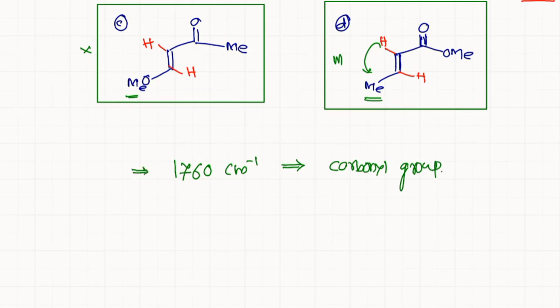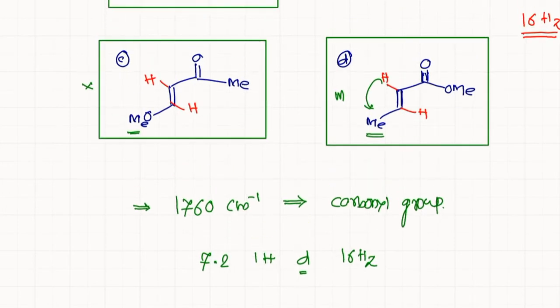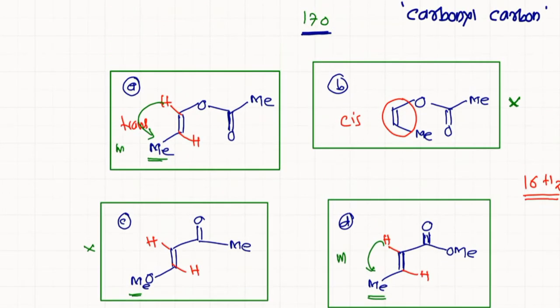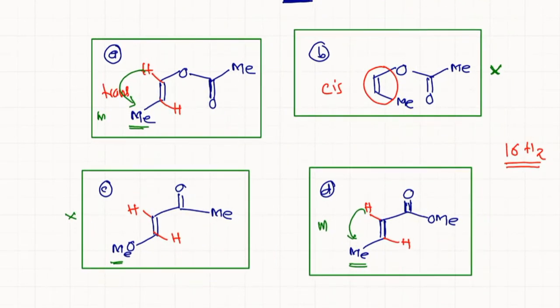Then what? H1 NMR. You know that for H1 NMR the olefinic chemical shift is given at 7.2 due to one hydrogen, and it is a doublet. What does that doublet indicate? It means the neighboring hydrogen should be 1, and the coupling constant is given as 16 Hertz. So where is that 7.2 now? In that case, either option A or option D. So there are two types of hydrogens given which have the trans orientation.